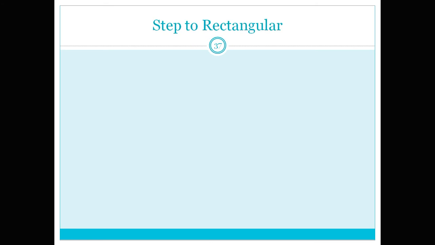Let me take the example of step to rectangle. That means one is a step signal and the second one is a rectangular signal. This is the question: the input is rectangular and the impulse response is the unit step function. So in this way we need to proceed. First, it's a rectangular signal x of n, and let us see how to draw this rectangular signal.